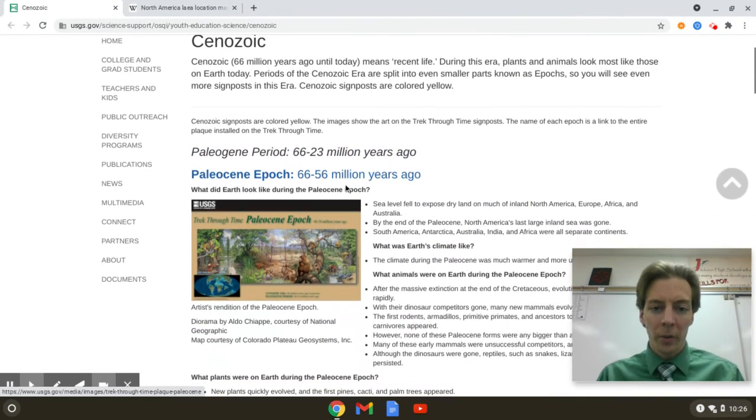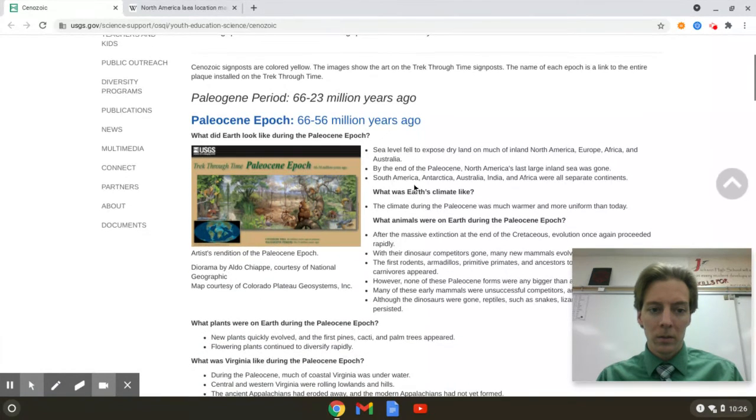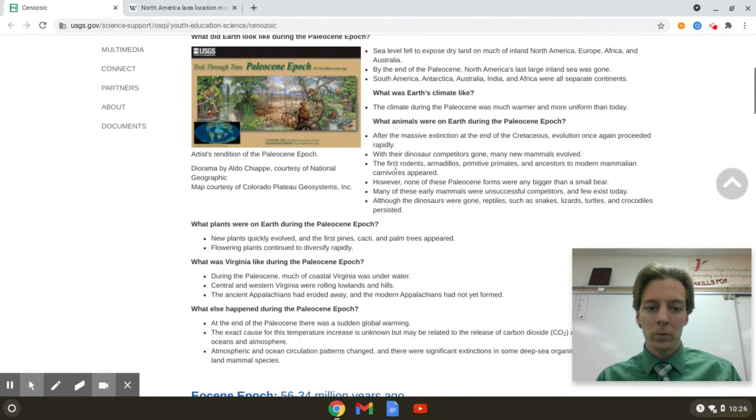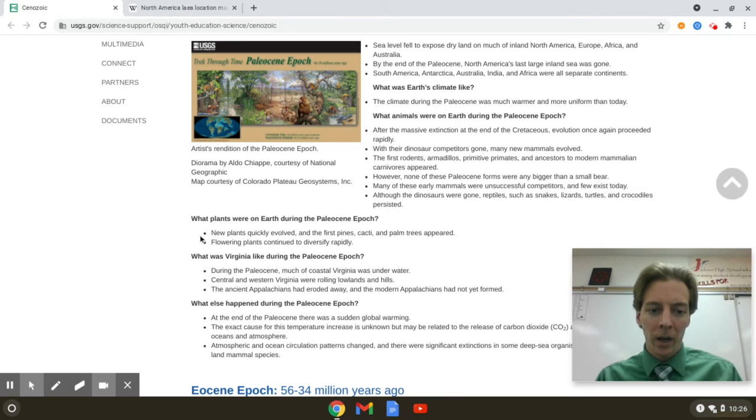So early Cenozoic, right? So just several different things. New plants are evolving. Flowering plants are diversifying. The massive extinction of the dinosaurs. The first rodents, armadillos, primitive primates appear. They're all small.